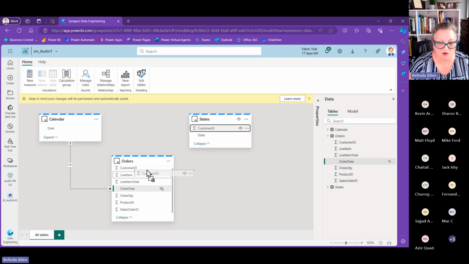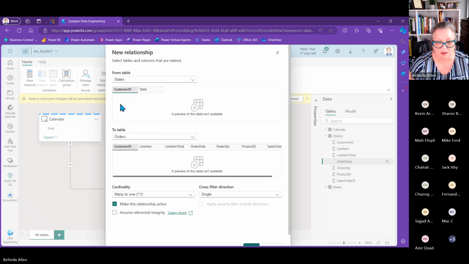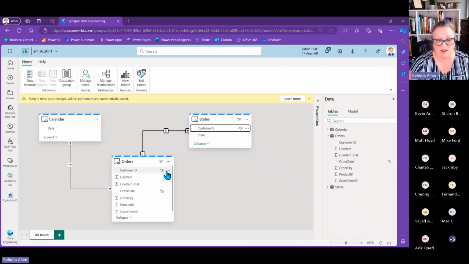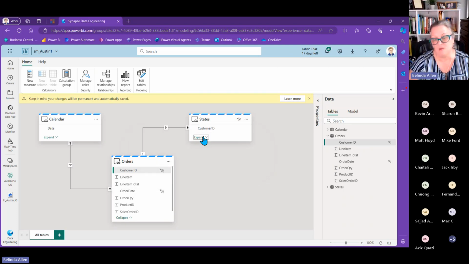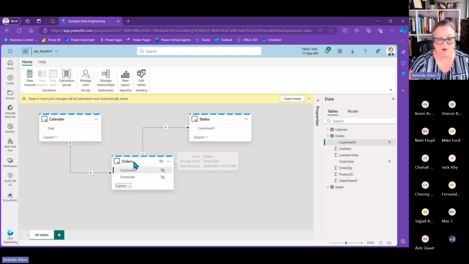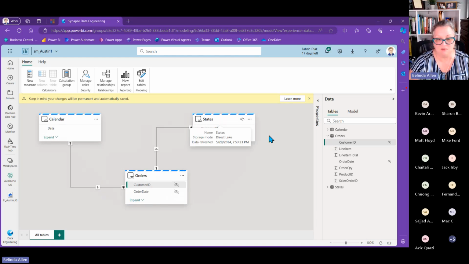And then I'm also going to do customer to customer, customer ID, many to one. Even though I don't see a preview of the data, I can see that the cardinality was created correctly, which tells me that it should be correct. And again, I don't want people filtering from customers under orders. I want them to come up. That's just an ID number. They can come up to the states if they want to do any filtering there. It will create that star schema effect. And this is the way I typically like to narrow some things down.